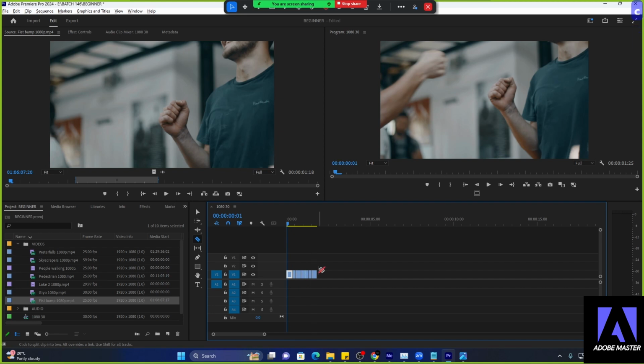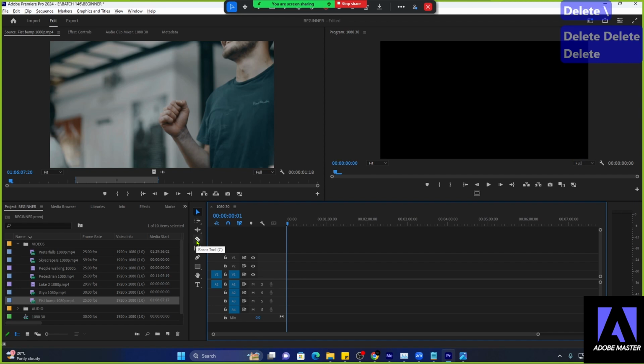Okay, they have their own advantages to each software. So the razor tool just splits the clip into two. Deleting the clip is not the work of the razor tool, but that is the work of the selection tool. So I'll click V, select the clip that I wanted to delete, in order for me to delete them. So very simple lang, very basic si razor tool, no? Now, to explain more about the razor tool,